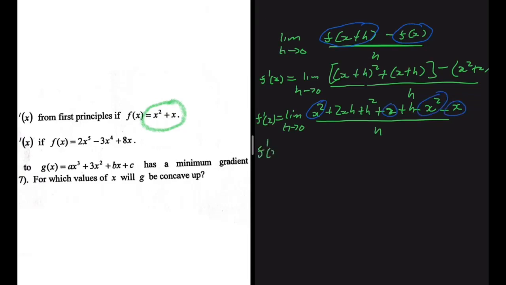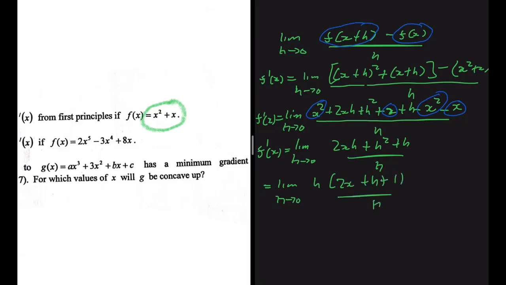So now we have f prime of x equal to the limit as h tends to 0 of 2xh plus h squared plus h, divided by h. Right now we're going to take h as a common factor on the numerator. So we have the limit as h tends to 0 of h times 2x plus h plus 1, divided by h. We just took h as a common factor. It's easy to see now that h in the denominator will cancel out with h on the numerator. So now we are just left with